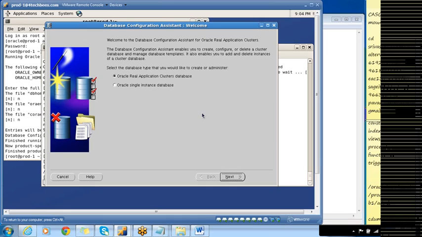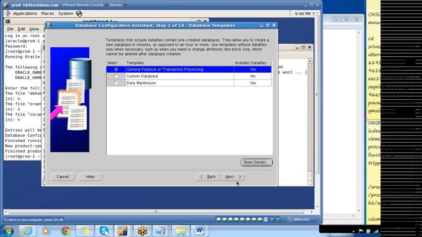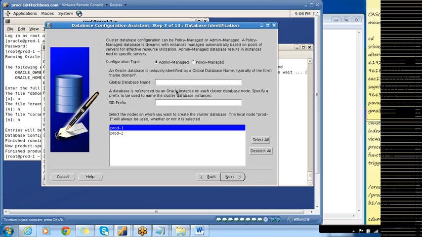Select the Oracle Database option. Okay, we'll be selecting the Oracle Real Application Cluster Database. We'll click on Next. Select Create a Database. Click on Next. General Purpose. The steps will be similar. Here you'll find a little bit of difference. The database name will be prod.